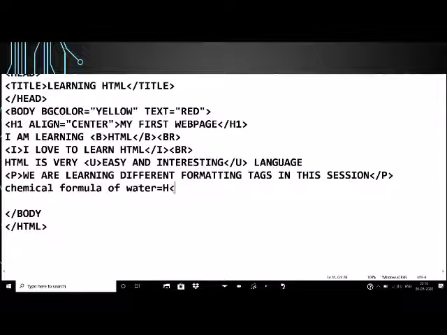So we will open the SUB tag here. SUB stands for subscript, and then we will write 2, and then we will close the subscript tag.